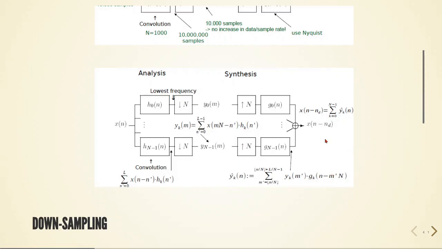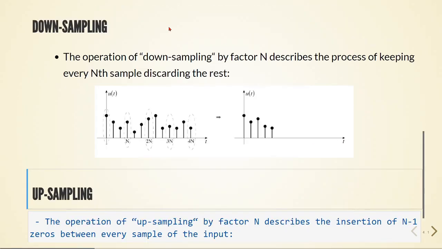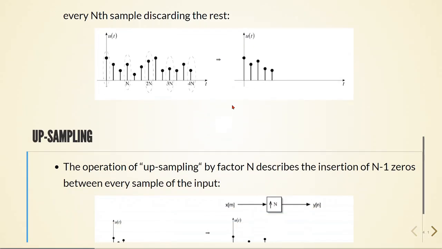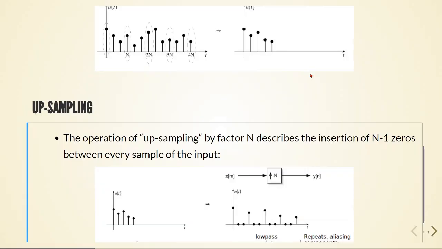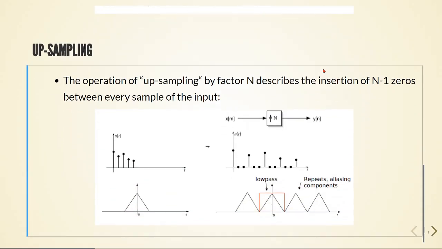Now let's look in more detail at downsampling and upsampling. The operation of downsampling by a factor N describes the process of keeping every Nth sample, discarding the rest. So if this is our original signal, we will remove the in-between samples and just keep the Nth sample. So it's this one, this one, this one, this one, this one, and this will be our downsampled version. On the other hand, upsampling is the operation that describes insertion of N-1 zeros between every